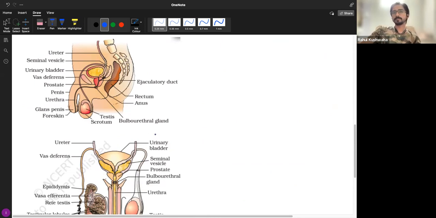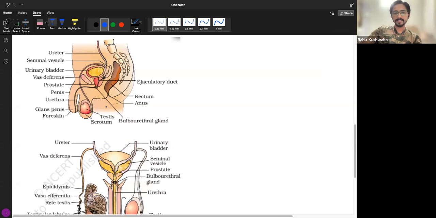As I told you before, the male reproductive system is biologically a kind of modified version of the female reproductive system, where certain organs have evolved from the same kind of tissues but have taken different shape and form to serve different purposes. Now, there are certain features in the male and female reproductive systems that are very, very different, and that also makes sense why they are different and what purpose they serve biologically.